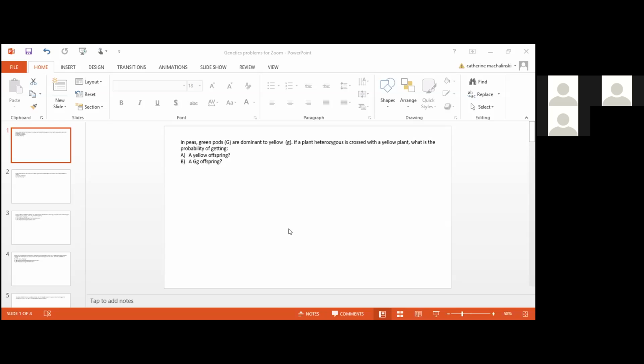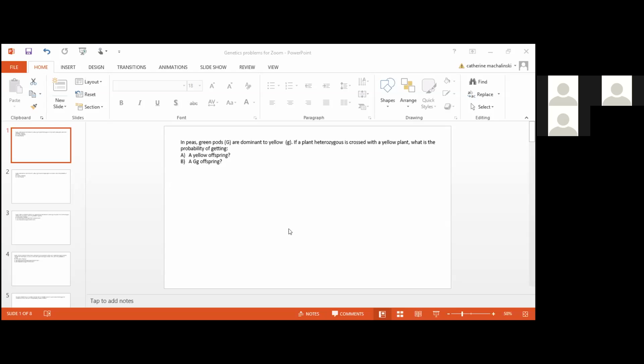So let's start with a pretty simple genetics problem. In peas, green pods are dominant to yellow. In this case, I've defined the symbols, big G for green and a little g for yellow. Notice we use one letter for one trait. So if you want to use Y's, that's fine. You'd use little y for yellow and big Y for green. So in this problem, we have a plant that is heterozygous, and that plant is crossed with another plant that